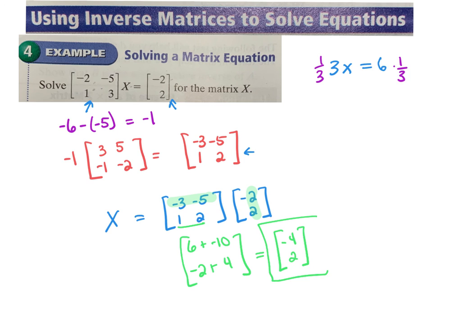Now, just like any equation, you could go back here and plug it in. And you could do matrix multiplication and see that you would get this. And if you look in your book, you'll see they did the check. So checking it is like any equation. If I were to want to check this and I was going to get 2 here, I would say, oh, well, 3 times 2 equals 6. Yeah, that actually works. And you can do the same thing for matrix multiplication as well. You can plug it back in and solve. So I want you to try